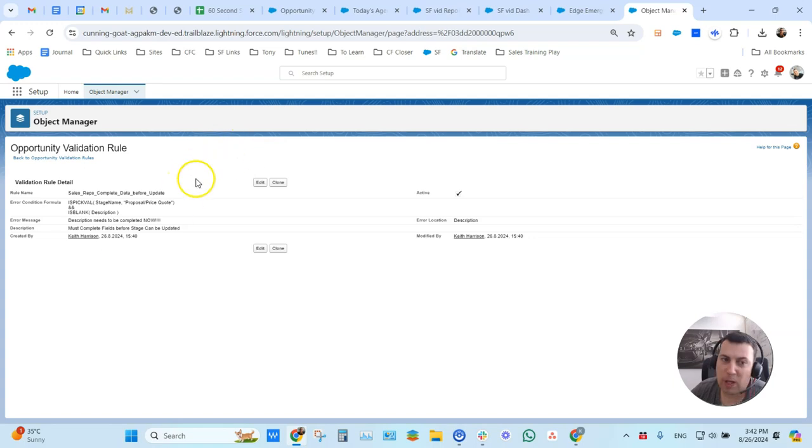And we've seen that our validation rule has worked. Now I can make 10, 20 validation rules. Hey, the source has to be this. Price has to be this. I can do as much as I want. So let's put it to bed